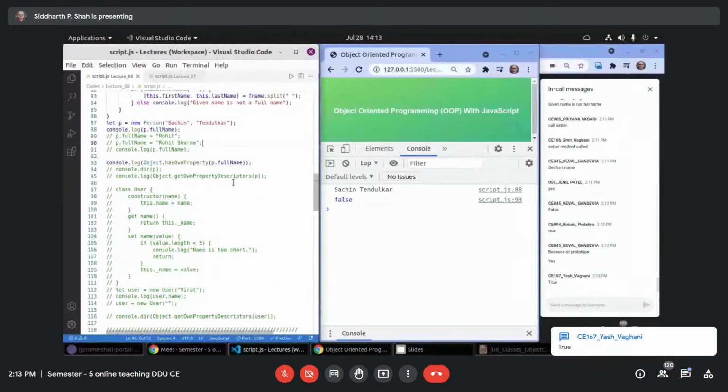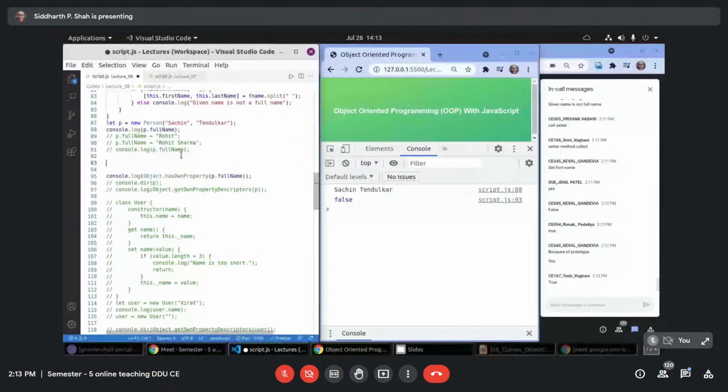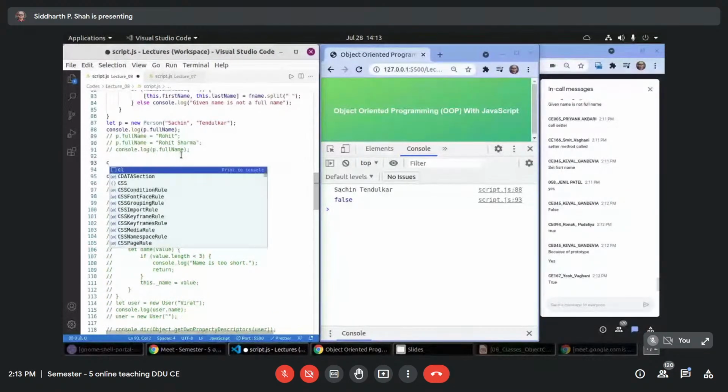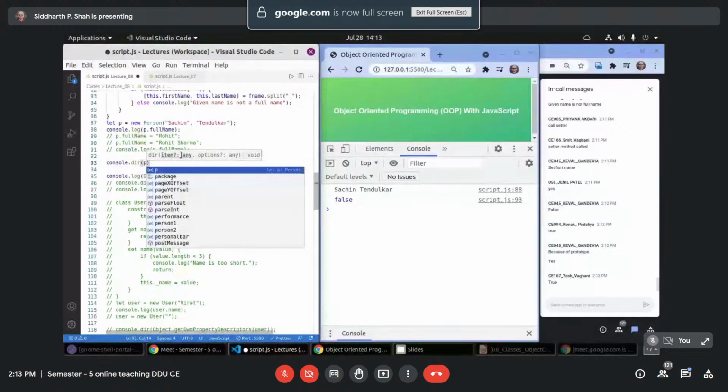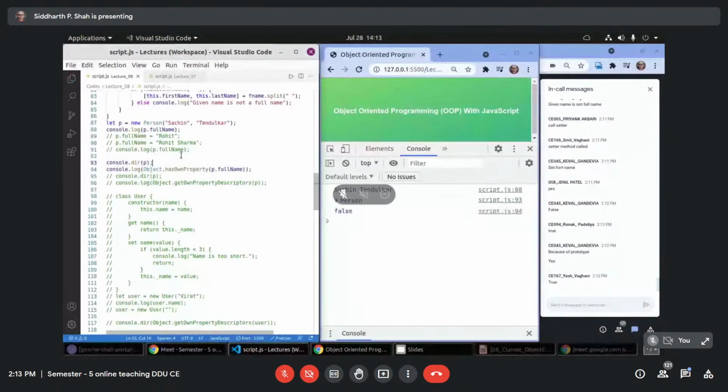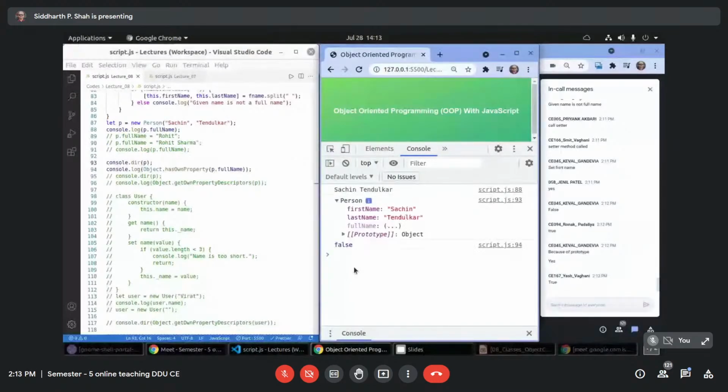So if you want to see that, I can show it here. What I should do, I can print it like this. So full name is shown here, but it is not an own property.